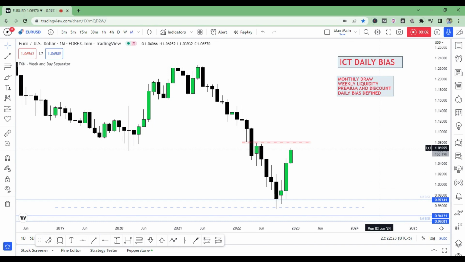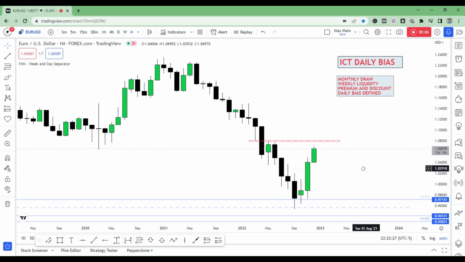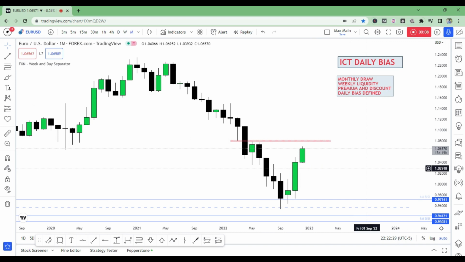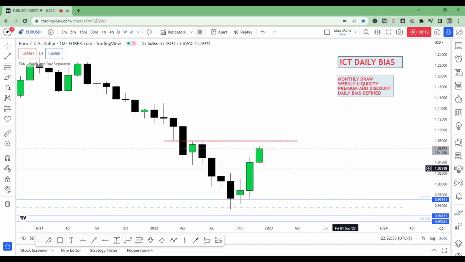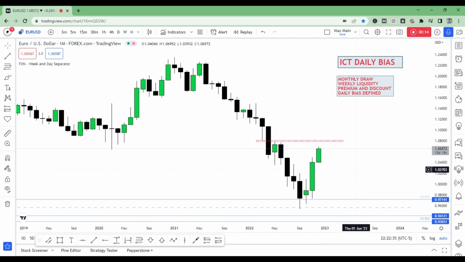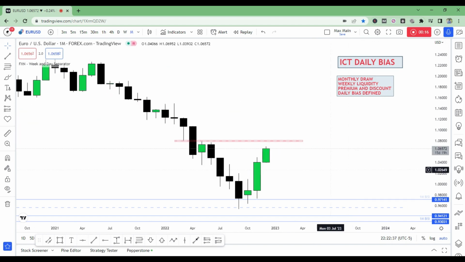So I'm going to be showing you exactly how I define my daily bias. To start off, I start from the monthly chart. This is the monthly chart of the Euro Dollar. From the monthly chart, I want to be defining the likely monthly draw on